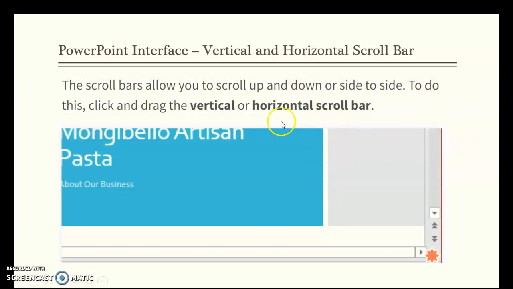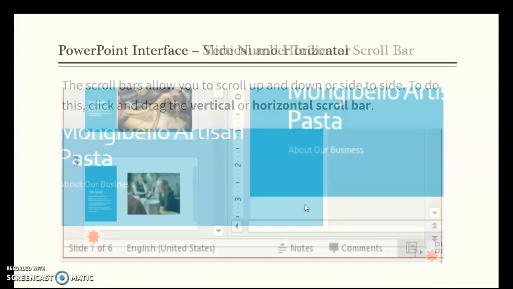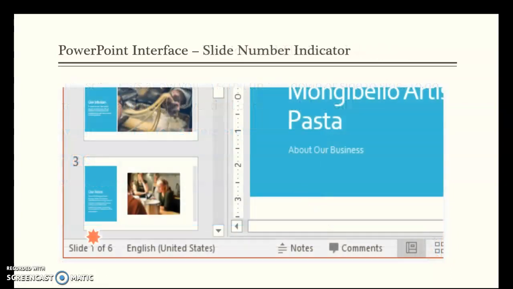You can go through your slides by either clicking in your thumbnail section to the slide you want, scroll down, or you can also use these buttons here, which will also advance to the next slide one by one, and then again advance to the previous slide, or you can use your scroll bar. It'll tell you at the bottom left corner how many slides are in the presentation, and this one has 1